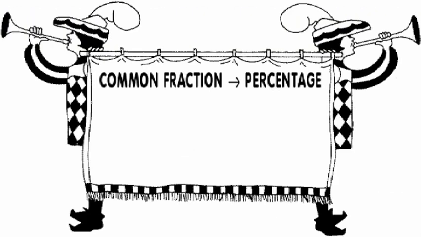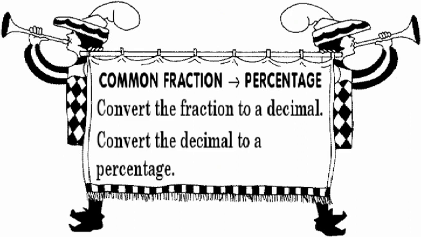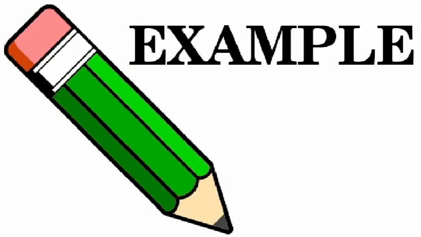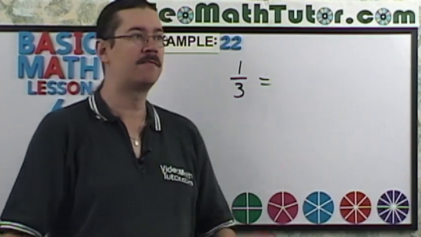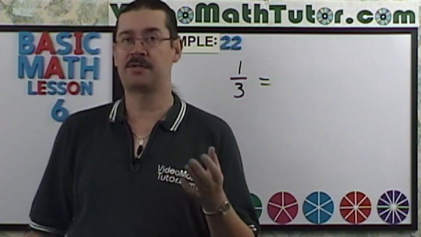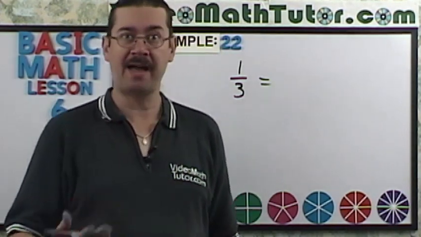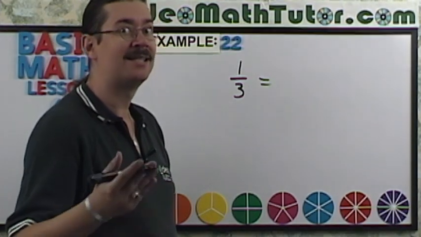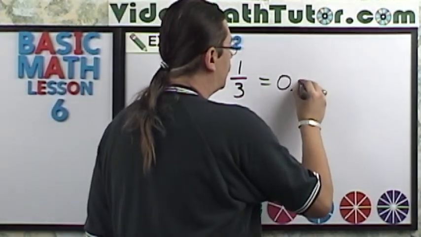Common fraction to percentage. Convert the fraction to a decimal. Convert the decimal to a percentage. For example 22, I'd like to convert 1/3 to a percentage. So the first step is to make it a decimal. To do that, you do what? Divide. We're going to use long division, and you're going to get an answer of